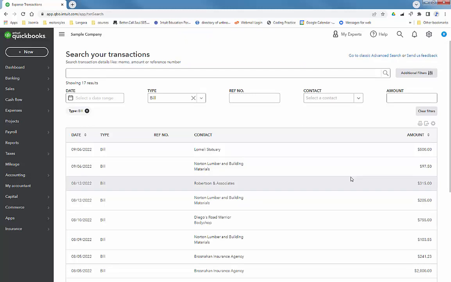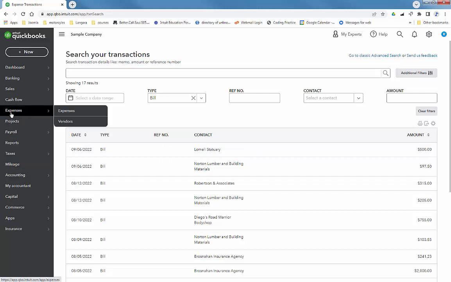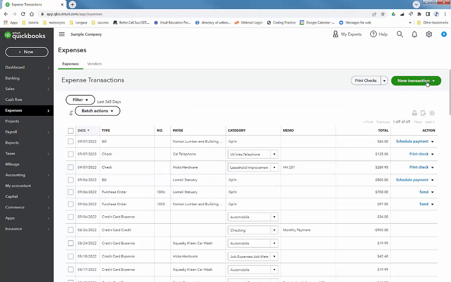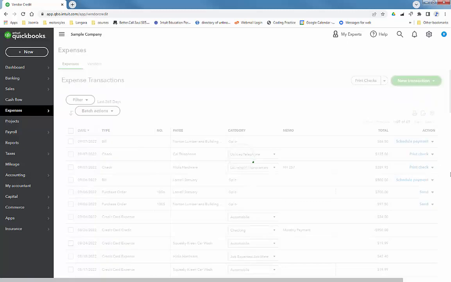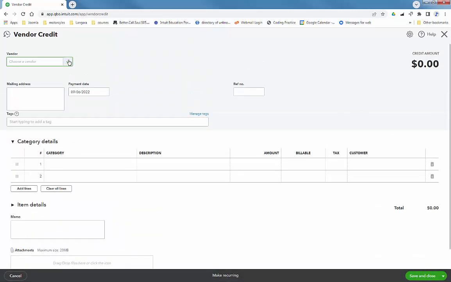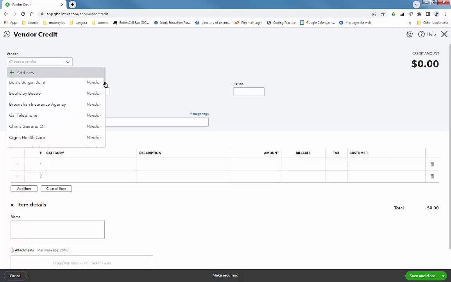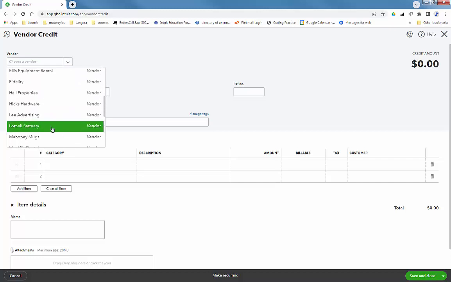So the vendor credit. It turns out that one of the cherubs that we received from Lomely was defective. So I'm going to go and create a credit note for Lomely. So again, I can go to Expenses, New Transaction, and Vendor Credit. So this is how we process a return to a vendor. We're returning this item to the vendor. So I'm going to go to Lomely,